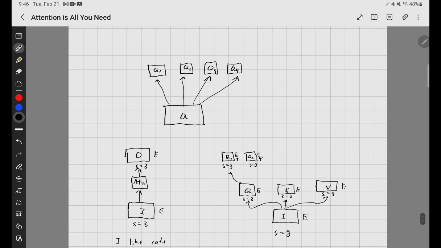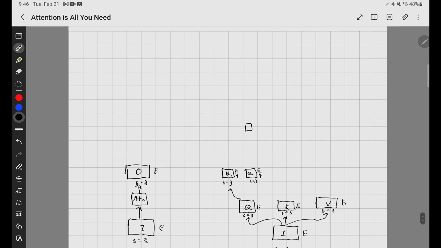And you do that for the keys and values as well. So then I have these mini queries, query 1, mini keys and mini values,